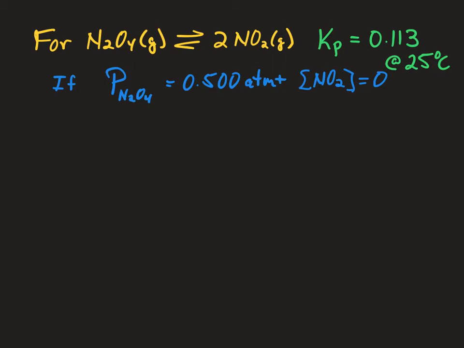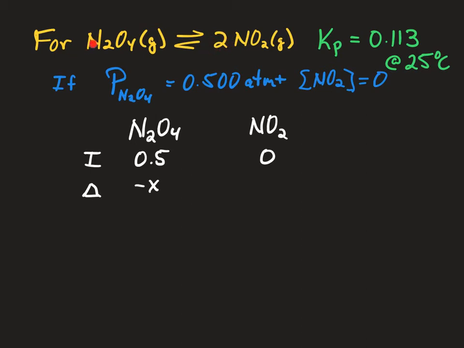And so we can set up our ice table. If we look at N2O4 and NO2, and we look at our initial condition, we can deal with pressures just like we would concentrations. So we would have 0.5, again with 3 significant figures. We would have 0. Our change would be that if X of this is used up,